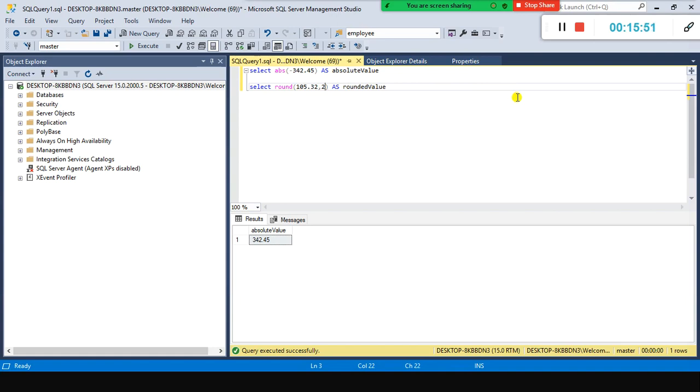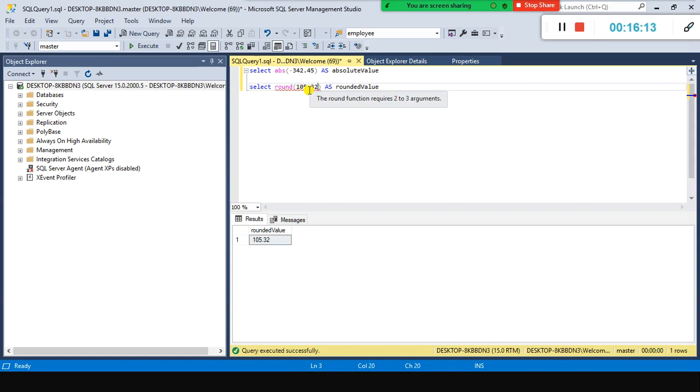Let's see what happens here. I'm going to select 105.32. Okay, 105.32. So fine. As I told you, if I remove this, it is an error, because the ROUND function requires 2 to 3 arguments.